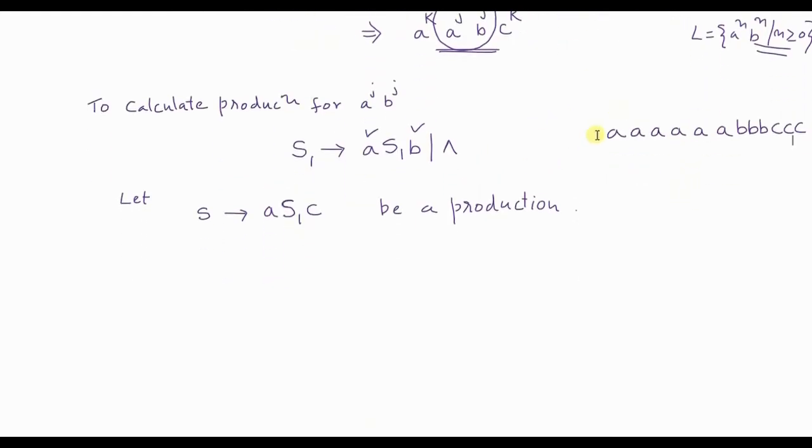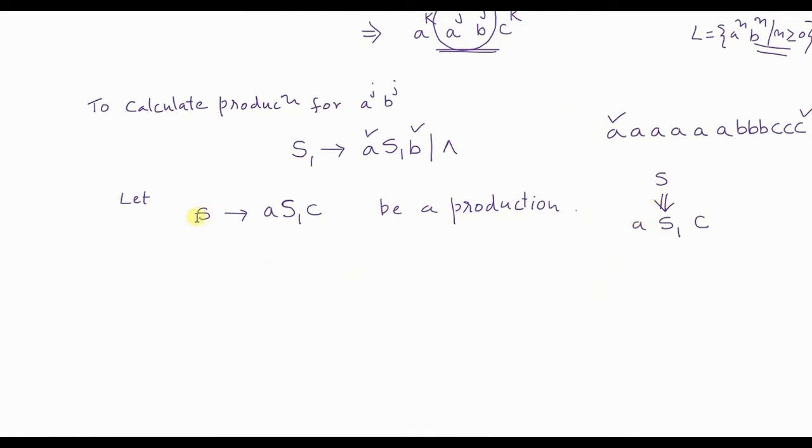Now let's see whether this string is accepted using the productions that I have designed. When you consider these two productions, the start symbol is S. So I start with the start symbol S and I replace S with its right hand side, that is AS1C. Same thing that I did in the previous example. S is replaced with AS1C. So with this, this A gets matched with this C. Done.